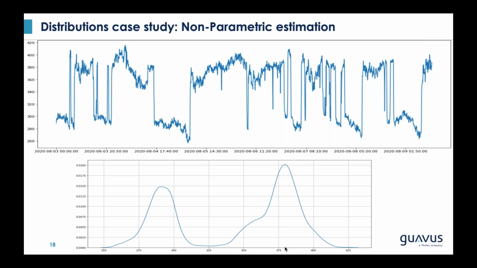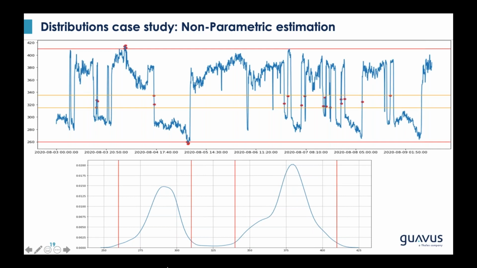Now let's say we use these kinds of distributions for our anomaly detection purposes. So we can do a better job. How? Let me show you an example. If I place these markers on the lower chart to mark the low probability regions and just flag them, now if you look at the points which are flagged by these markers on the above chart,